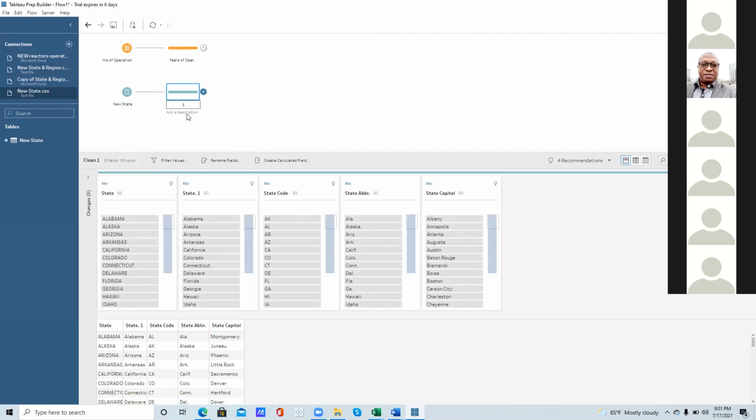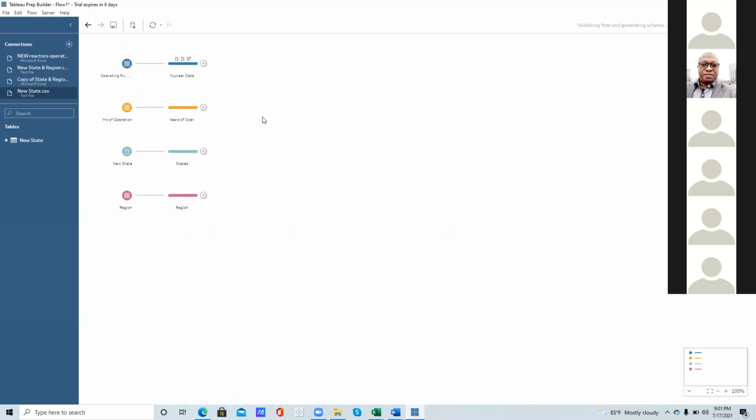I have a question. How do we know which one is the text file or Excel file when you want to connect? It will tell you. When you are saving the file, if it is an Excel file, the ending will be .xls. If it is a CSV, it will be .csv. So that's what we will know. You will know from that end.